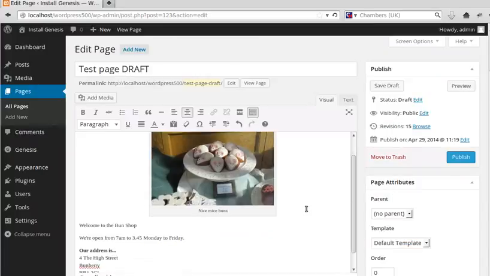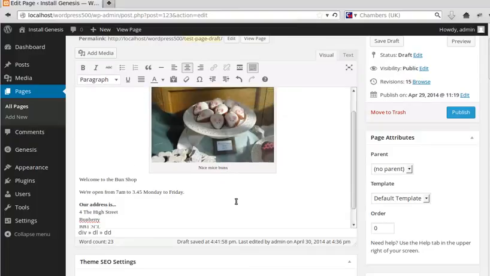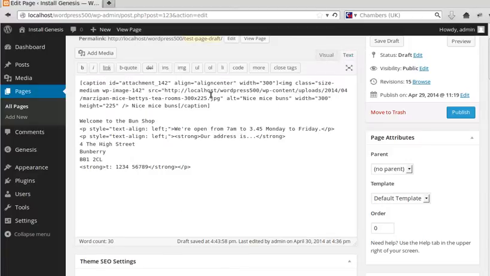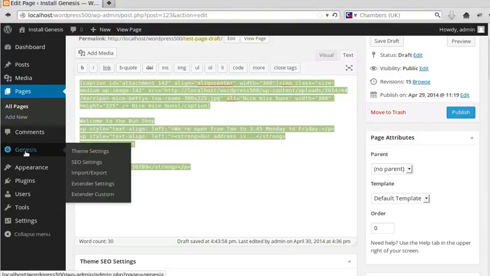There we go. Right, now what we need to do is copy this. You can format the text and everything with these buttons. You can have a list or bold, italic, things like that. What we want to do now, we can't just copy the content because it won't work. So we've got to copy the computer code that makes this content. So over here you've got visual and you've got text. Click text and then just click all this computer code, select it all, copy it, and then we're going to